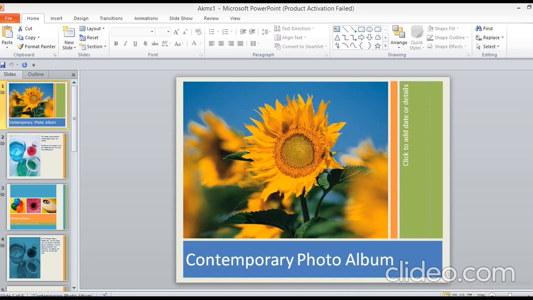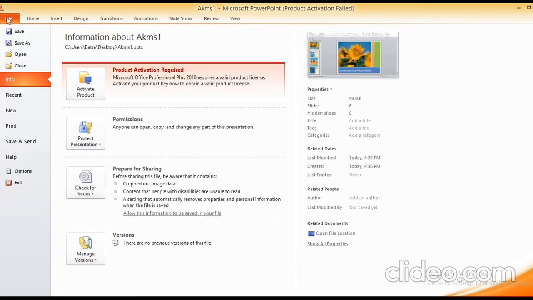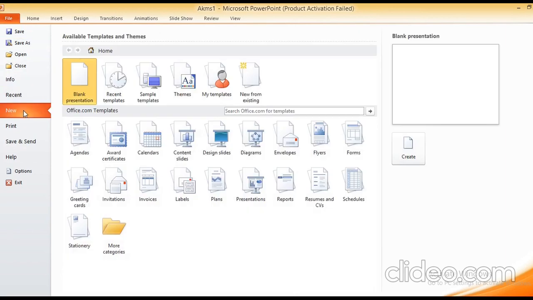Now, how to apply a theme to a presentation? There are a few steps you have to follow to install a theme on your presentation. For that, click on the File tab. From the File tab, choose the option New. Available templates and themes open in front of you.